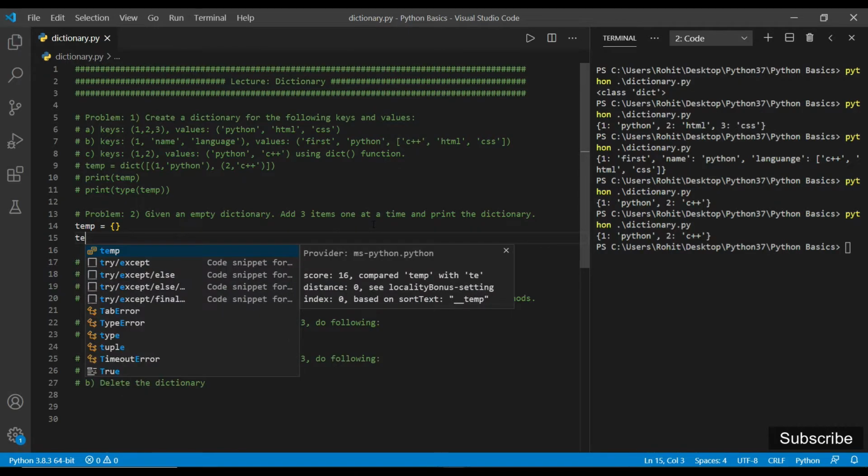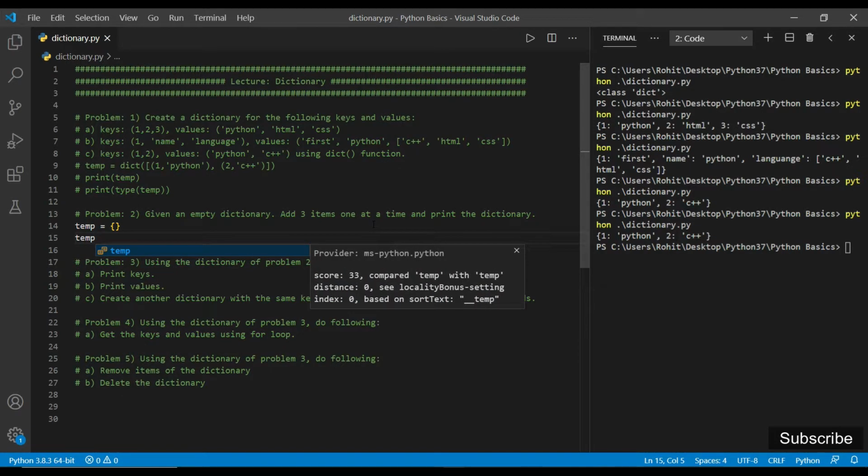Okay, now we have to add 3 items one at a time. To add items inside a dictionary, we write temp and then square brackets, and inside the square brackets we write its key. So let's say the key is 1, and after the equal sign we provide its value.